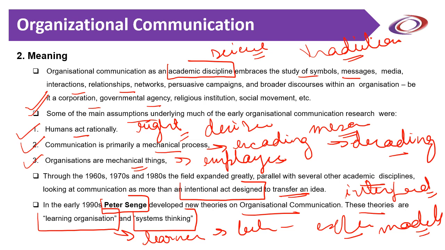And the third theory is given by Chester Barnard, known as Chester Barnard's thoughts on organizational communication. He identified communication as an important management activity and examined its elements and issues. So it is a part of the management activity that is undertaken by the organization, with elements that are involved in it. According to him, communication is a major shaping force. It provides shape to the organization, and communication makes the organization a cooperative system in which cooperation is there, and links the purpose of the organization to the human participants.